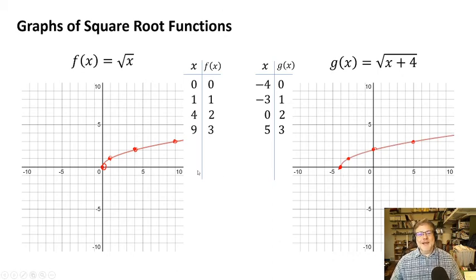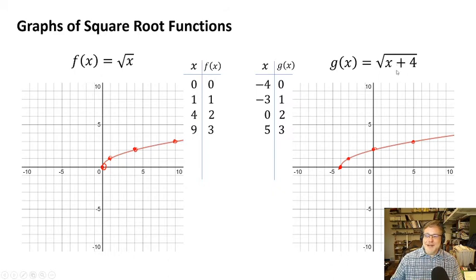Interestingly enough, let's start thinking about what happened here as we went from the square root of x to the square root of x plus 4 on the inside. As it turns out, you can see that having this plus 4 on the inside actually moved things to the left. That's that direction for you. So things move to the left in response to having a plus sign here. So why is that the case, that having plus 4 here moves this to the left? As we're moving from left to right,